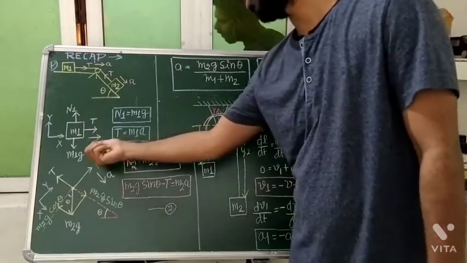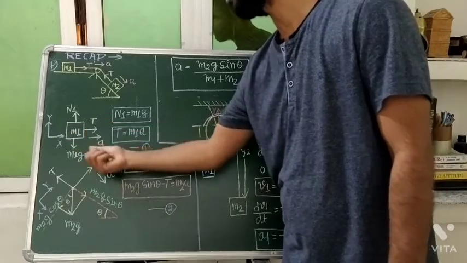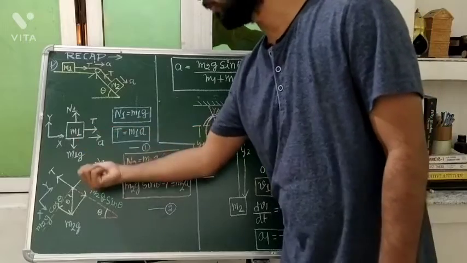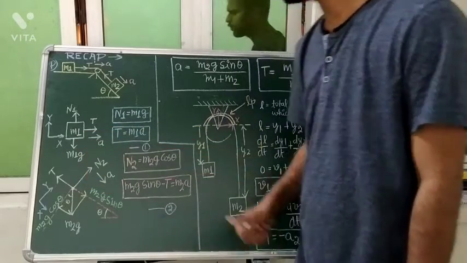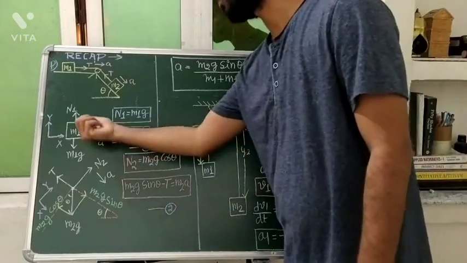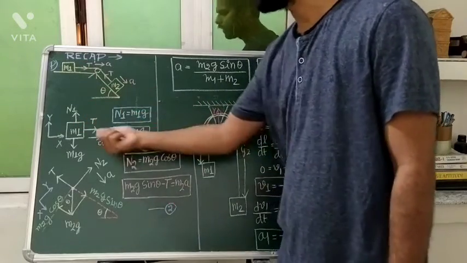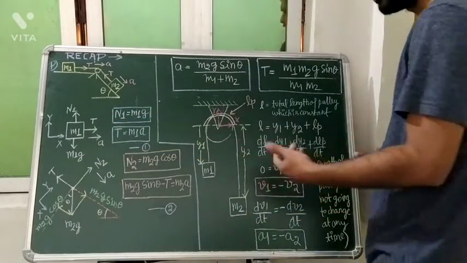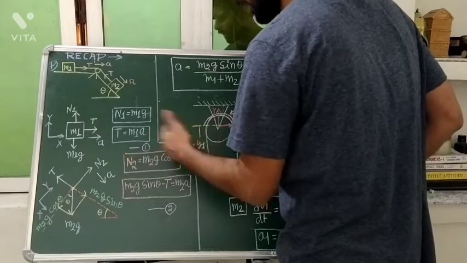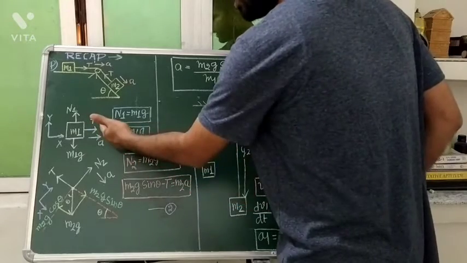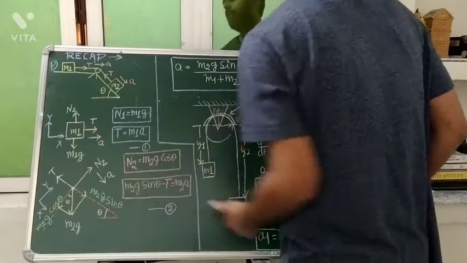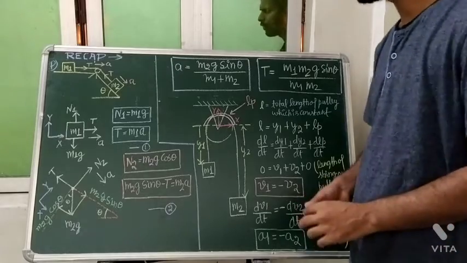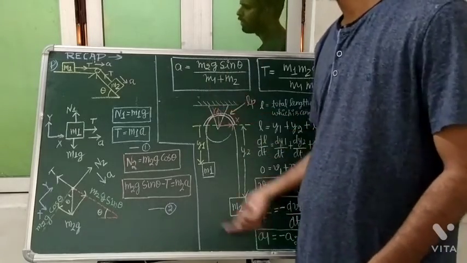After that, we draw the free body diagram. The first free body diagram, that of block 1 for mass m1, showed m1g acting in the downward direction, the force due to gravity, and due to the contact, normal N1 was acting on it. These were the forces along the y direction. When we talk about the forces in the x direction, only tension was present there, and the block was moving with an acceleration of a in the positive x direction.